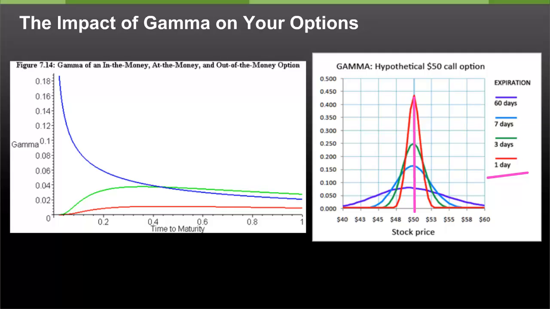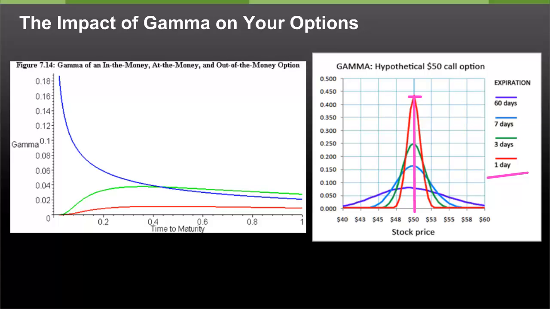So typically our delta on an at-the-money option with a day to go before expiration is like a coin flip. Are we going to finish above or below 50, right at the 50 level? You could literally flip a coin. So you're going to see about a 50 delta to start out. And then it's got about a peak out here at about 43, a 43 gamma. That means that on a 1-point move up to 51, when it hits 51, your delta will be at